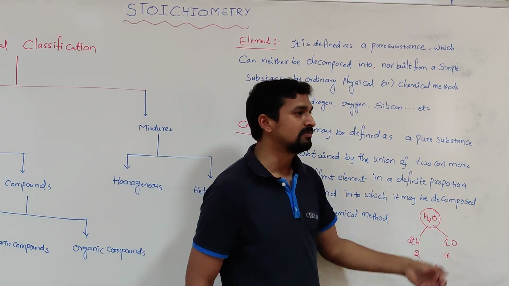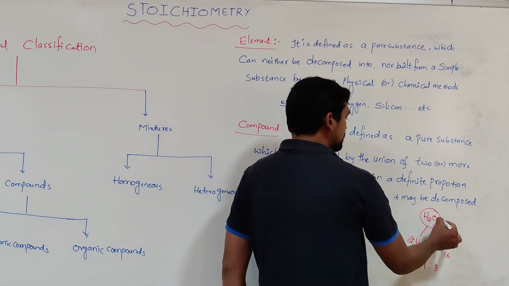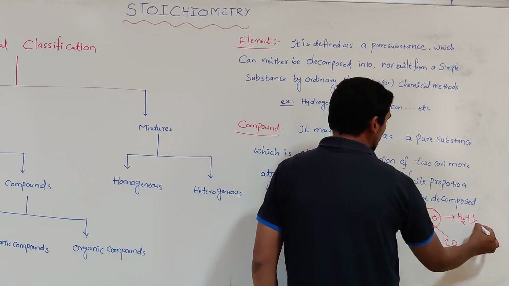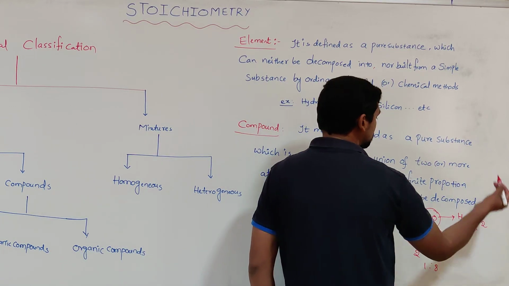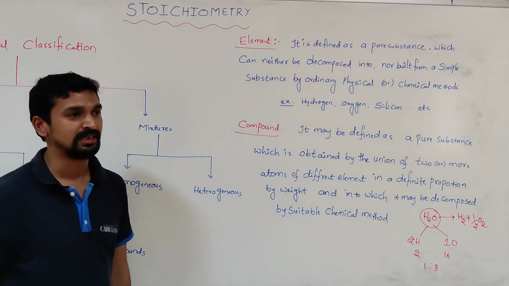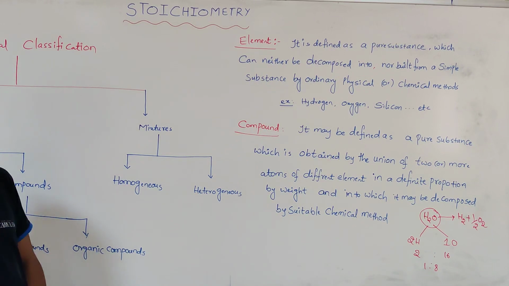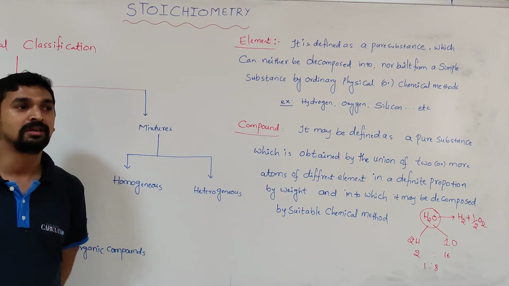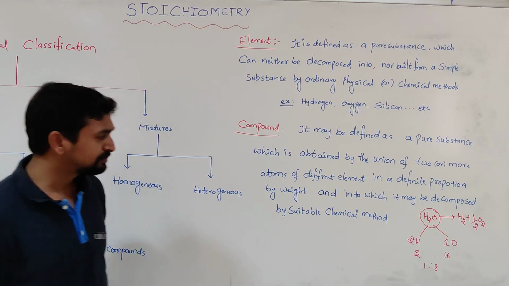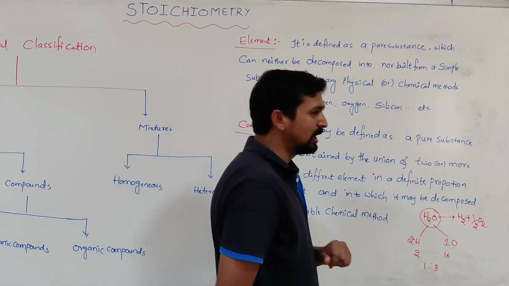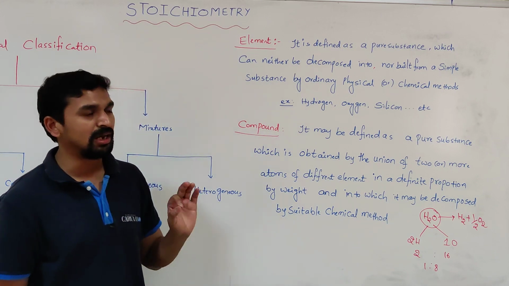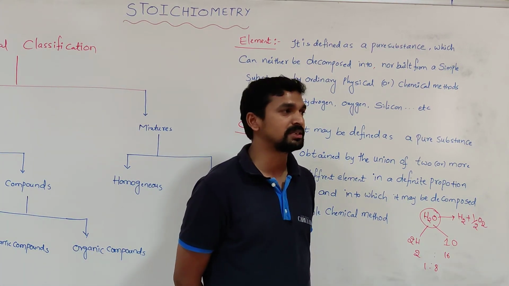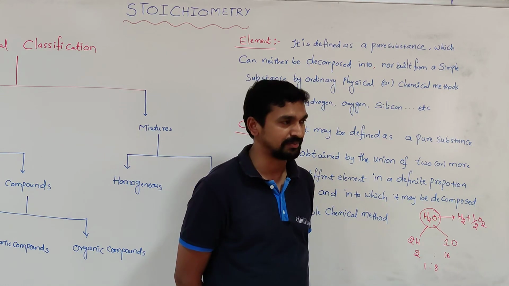This water molecule, whenever it is subjected to a certain chemical method, might be decomposed into the atoms of those elements, hydrogen plus oxygen. You might get it like that. Such types of substances are called, here, which one? Compounds. So this water molecule is formed from the combination of two elements, hydrogen and oxygen.